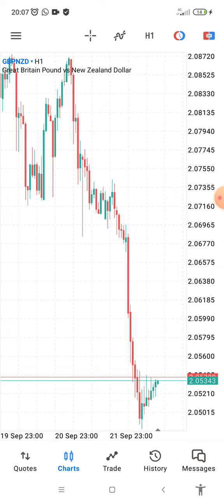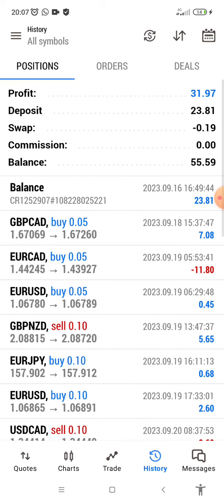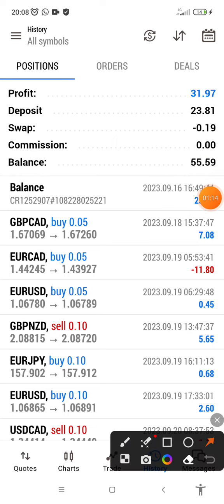So quickly, let's look at the account balance now. Remember, the account balance was 23.81. So I'm taking you to the history part of the account, and this is it. This week we were able to make profit. We moved the money to a new account, and this is the deposit, if you look at it,